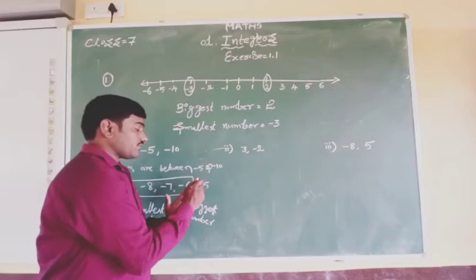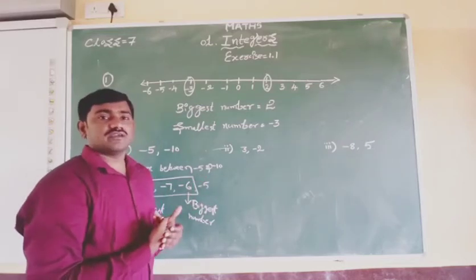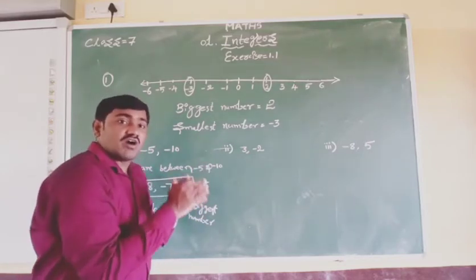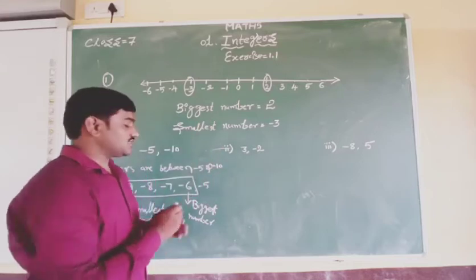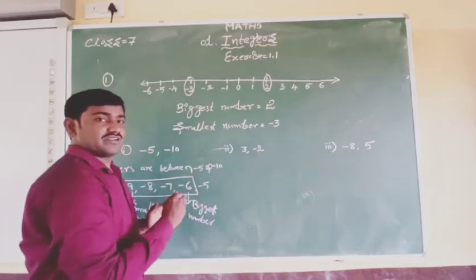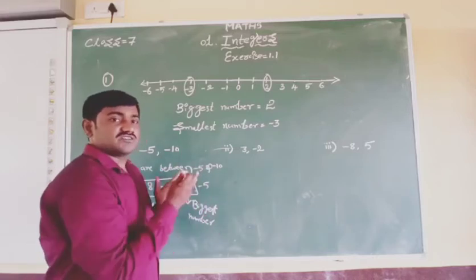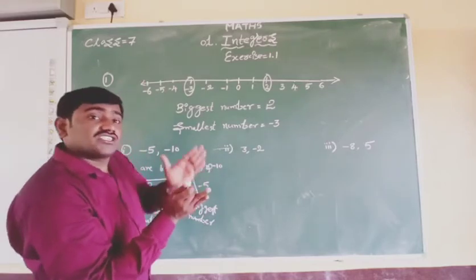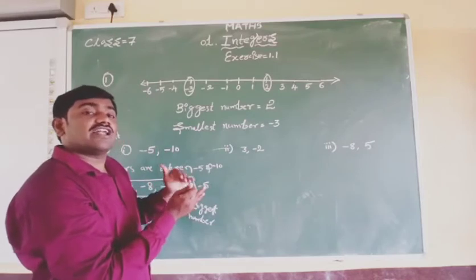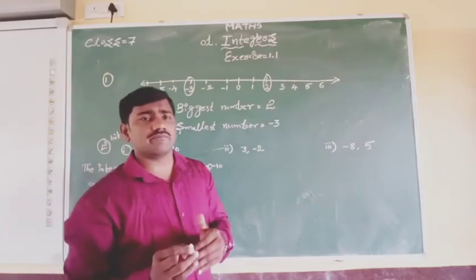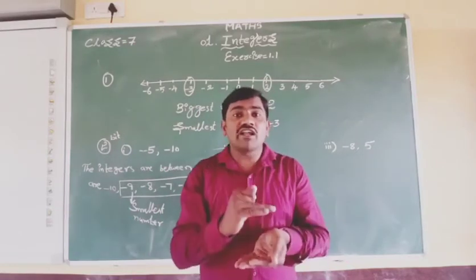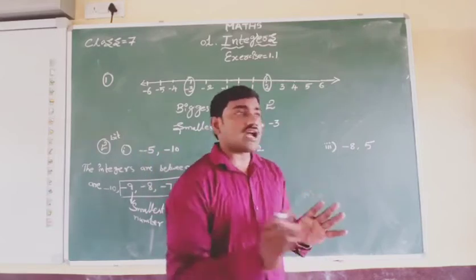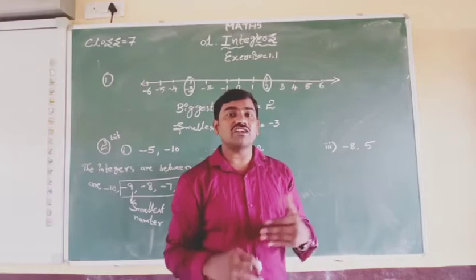So in the negative integers, when the number is increasing, the value of the number will decrease. When the number is small, the value of the number will increase, because this minus 5 is very near to 0. When a number is near to 0, the value of the number increases. If it is far from 0, then the value of the number will decrease. Or simply we can understand: in negative numbers, the smaller number has the greater value, the greater number has the smaller value. Quite opposite of positive values.